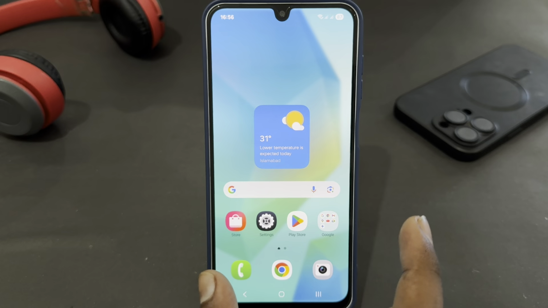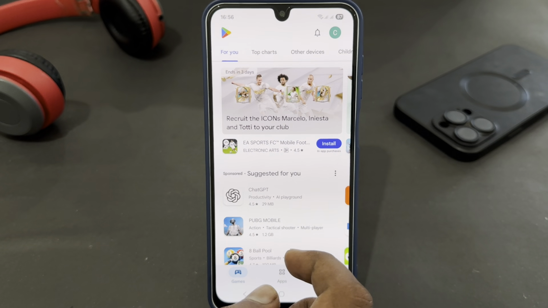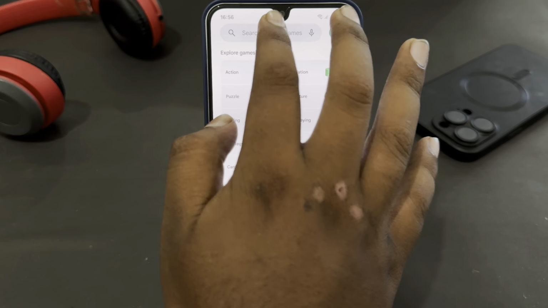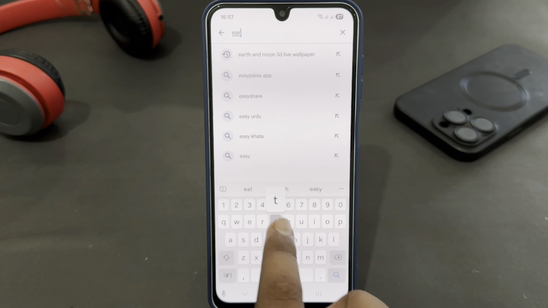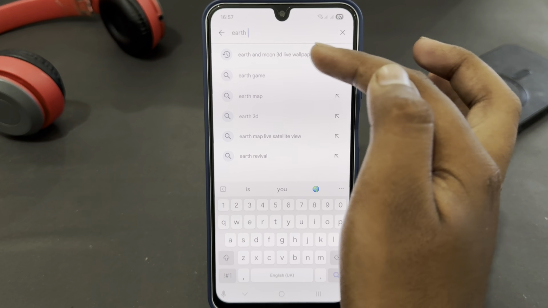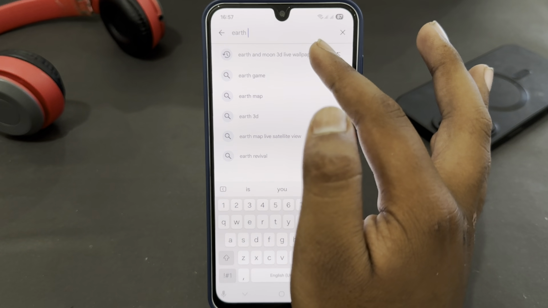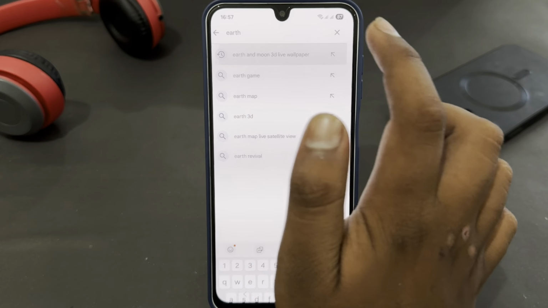You must open your Play Store app and just go for search, and you just have to search for a specific app which is Earth and Moon 3D Live Wallpapers. I have already searched. You must search for this and